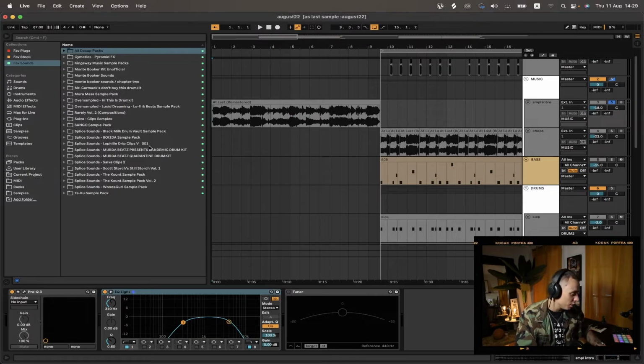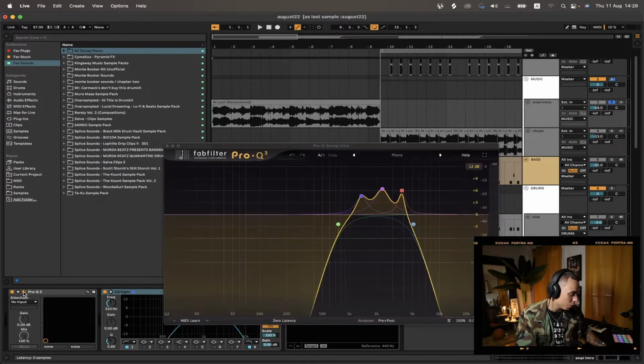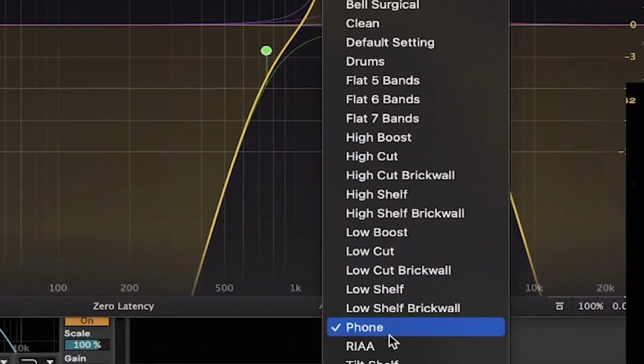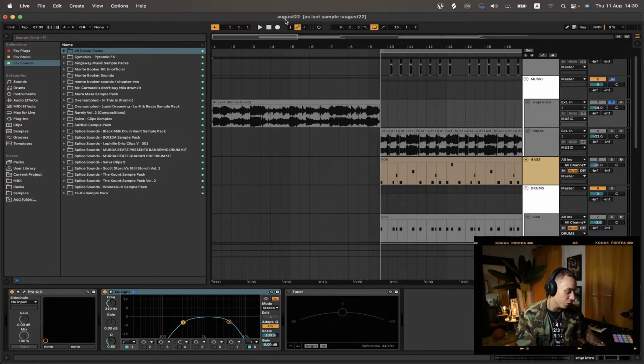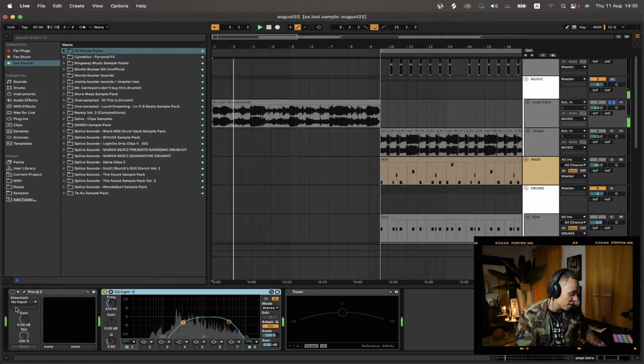For the sample in the intro, I just used the Pro-Q 3 from FabFilter, and this is the default phone preset that you can find here. This is what gives this lo-fi radio feel. Without the EQ it would be like this. It's just a regular sample, and with the EQ,